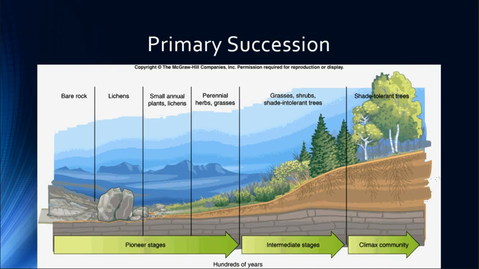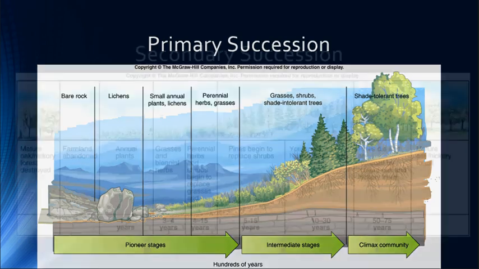And then you're going to move into your big shade tolerant trees and your big hardwoods. The shade intolerant trees are usually softwoods. They grow really fast. These shade tolerant trees are slow growers, okay? And so that's kind of the progression you can see over time. Over time, soil is building up, and so it allows for bigger plants. And then the animals come in and match whatever that ecosystem is.